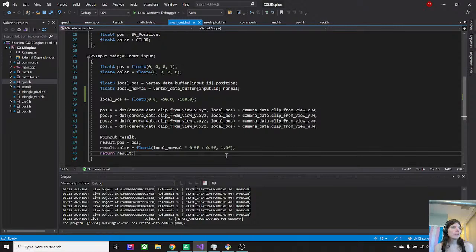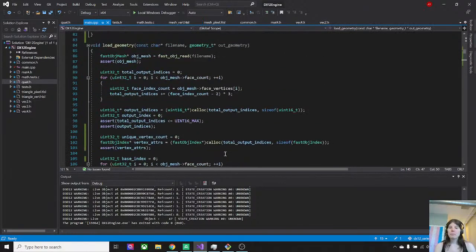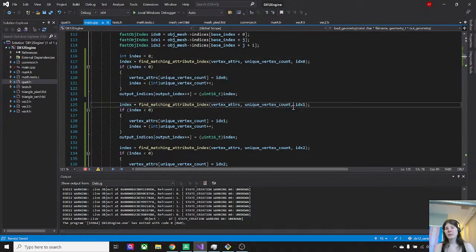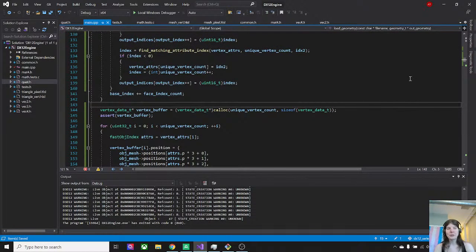We'd like to have normals, but we don't have them provided by the mesh. Now, we can compute them. There are a lot of ways to compute normals, or at least in theory there are. In practice, when you have just a triangle mesh and you just want some amount of smooth normals for it, the way you do it is you basically average the face normals of all the faces that are connected to a given vertex,